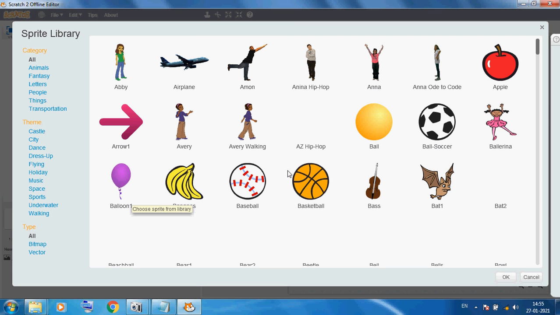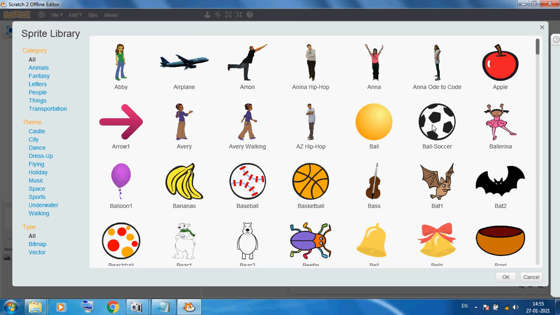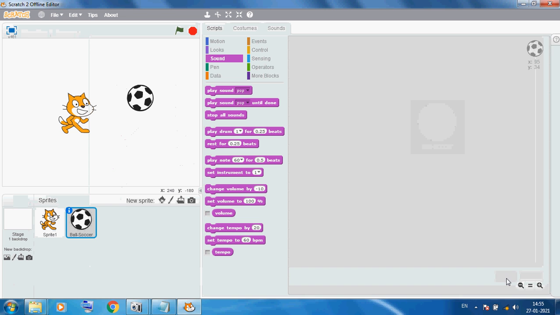Suppose here I am using this ball and then we click the OK button, because Scratch is processing. Now you can see this object.